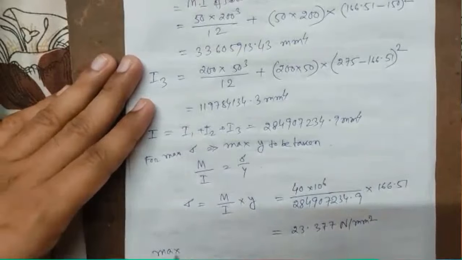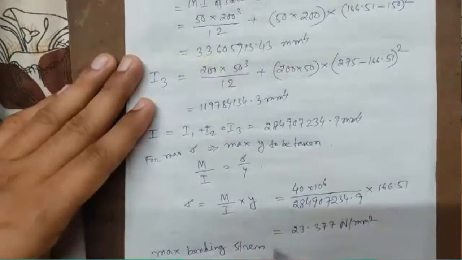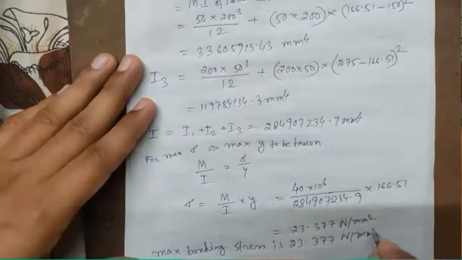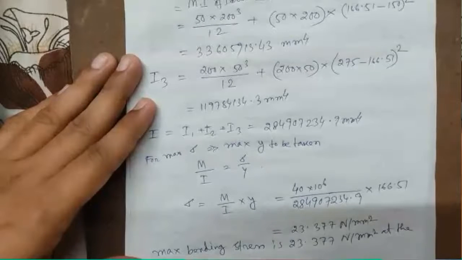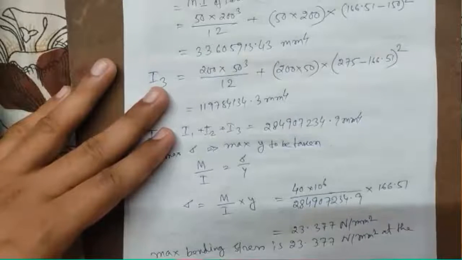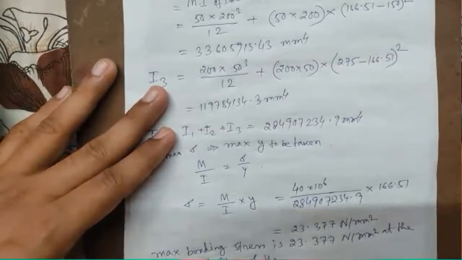So you have to write the answer. Maximum bending stress is 23.377 Newton per millimeter square at the bottom fiber of the